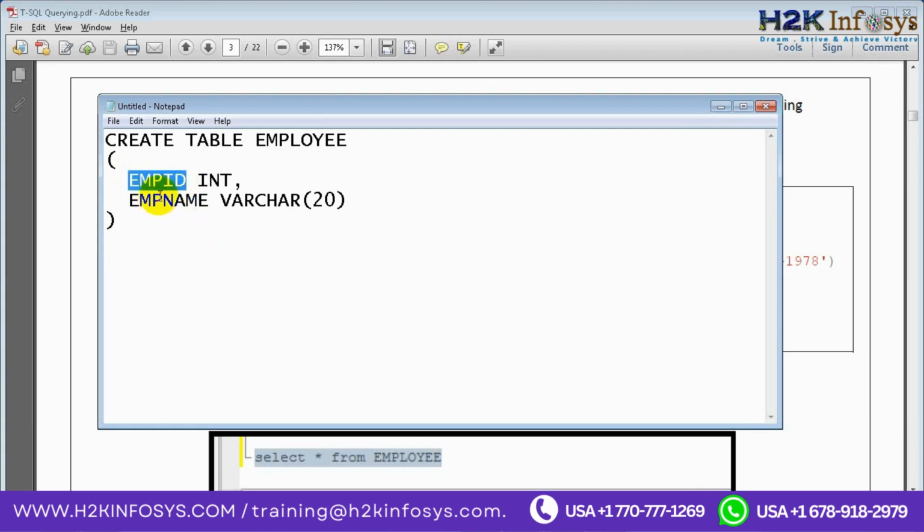So if you take the employee table, employee ID will be unique for each row. So in this case employee ID can form the primary key. If you want to make employee ID a primary key, you need to give it like this, primary key. Okay, so now the point which we discussed about primary key is that you cannot insert null values